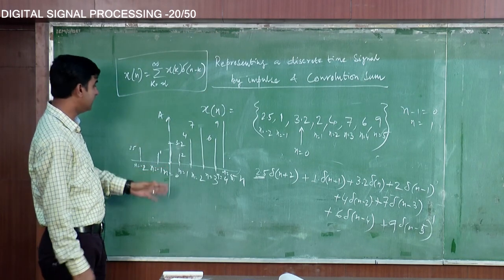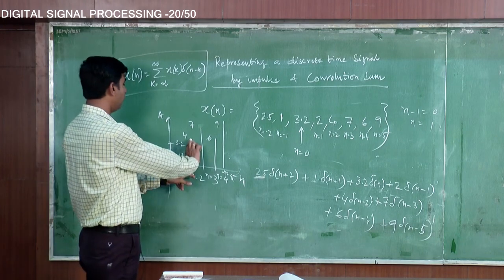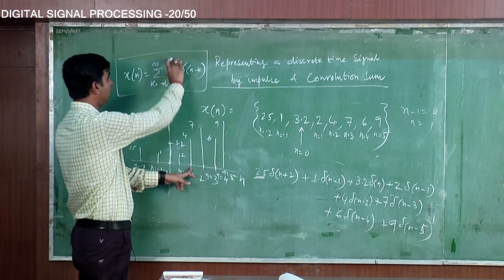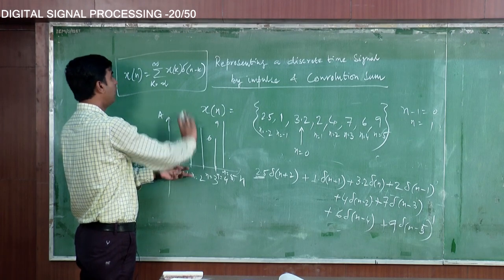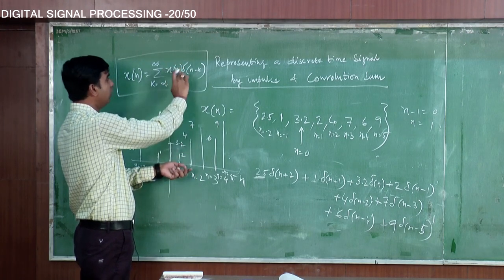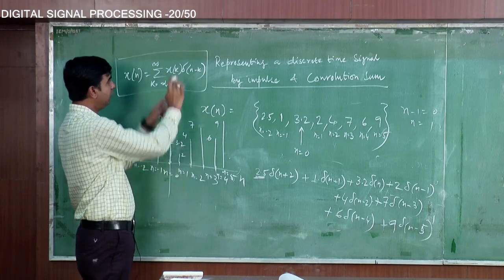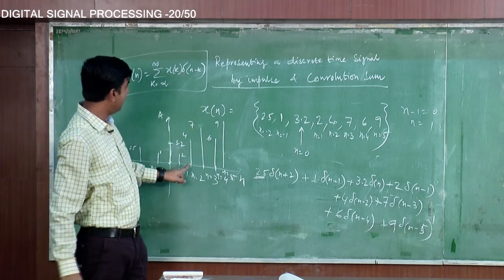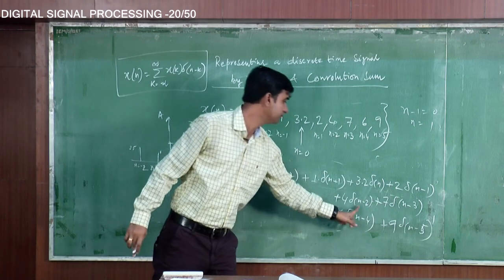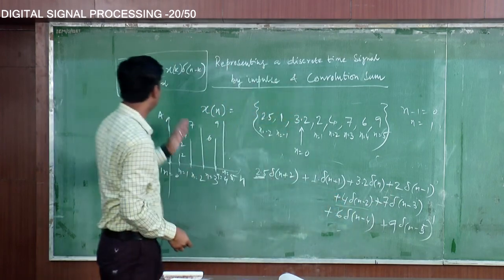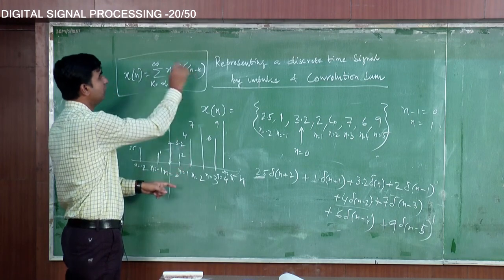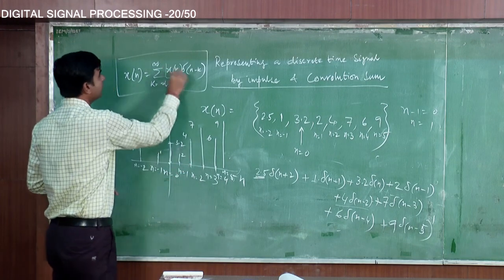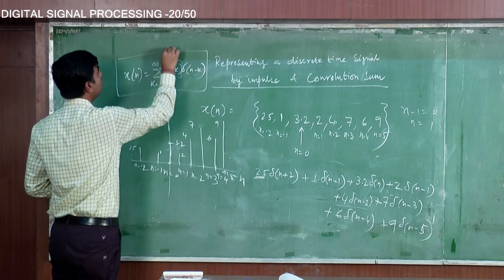So it's like this. At this point it is 4, that means k is equal to 2. So at this point we will take this amplitude 4. So 4 into del of n minus 2. So this is the representation at the second time instant, which is k is equal to 2, and the amplitude is 4. So this part is the amplitude of the signal,